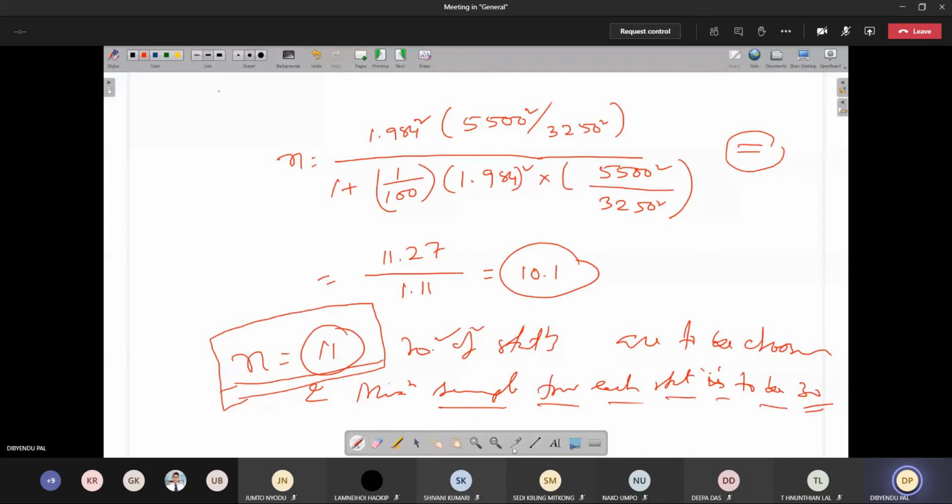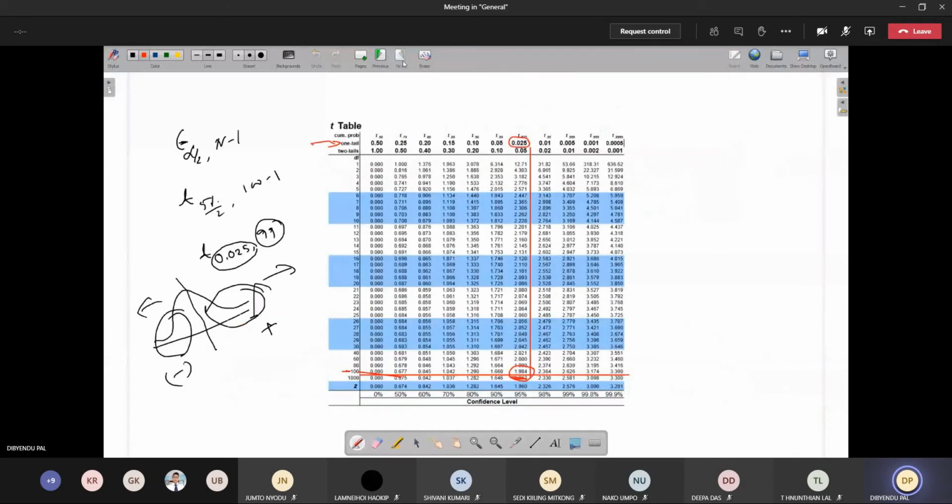And this 30 I am talking about from what we have learned earlier, that the minimum sample to be collected from each station is 30. I told you in some class that for each station at least 30 data are to be collected. Yes, sir. Okay, so that's what I have written, and this is written from this calculation. So this part is over.